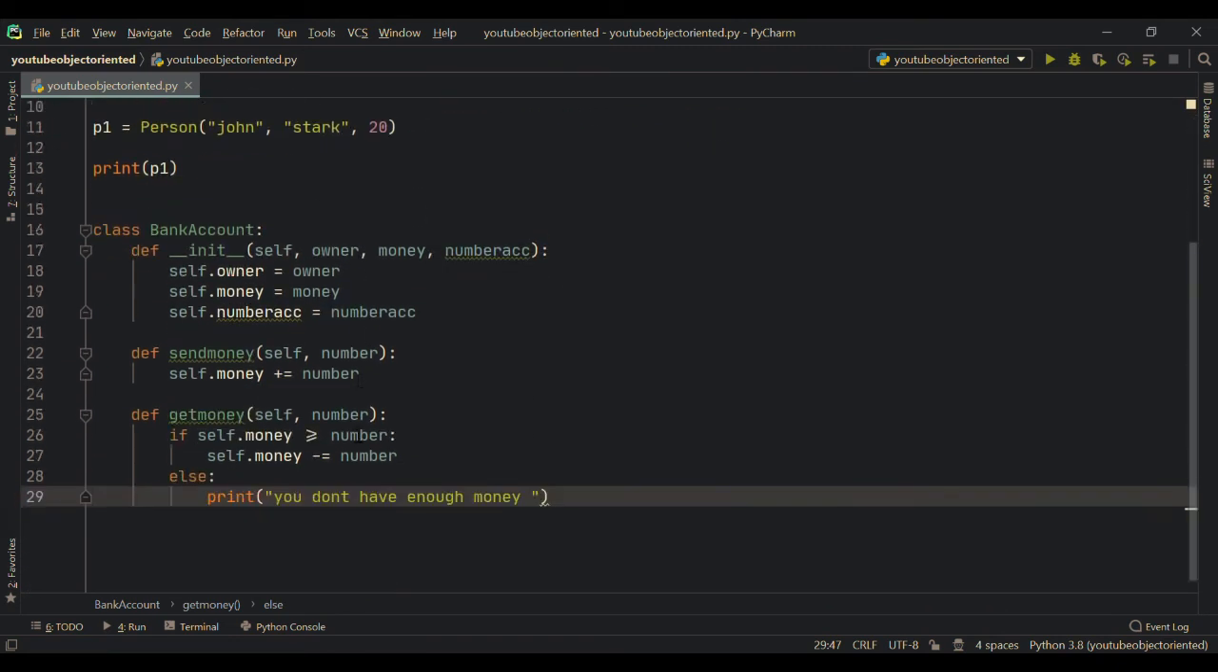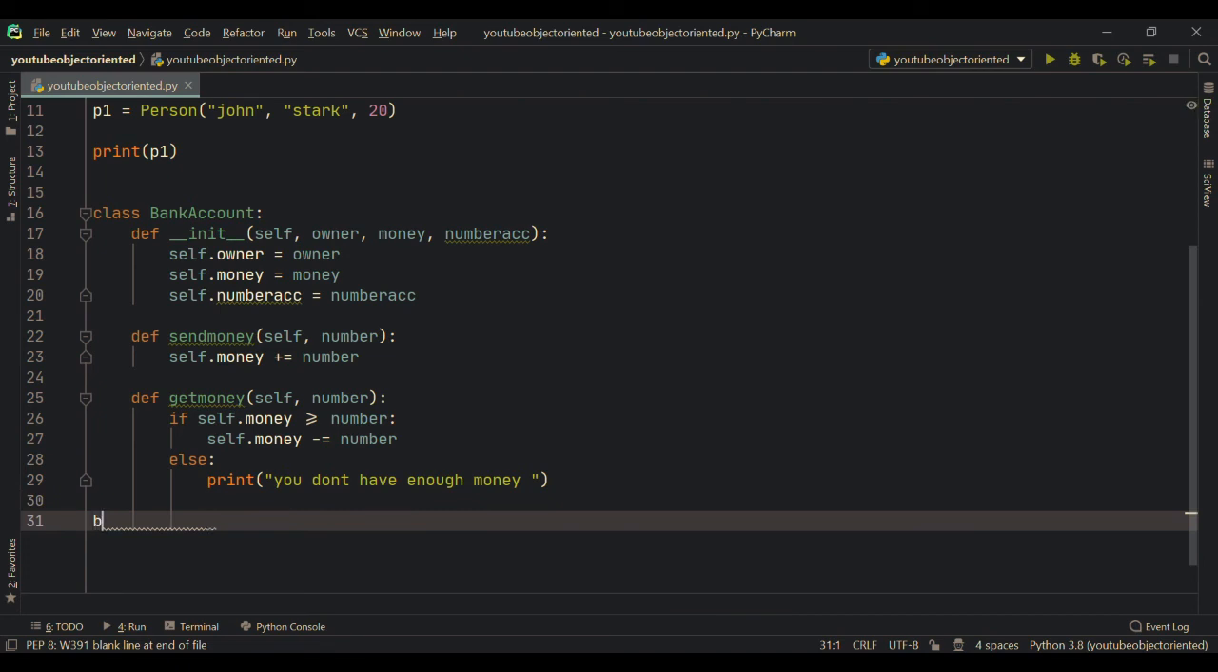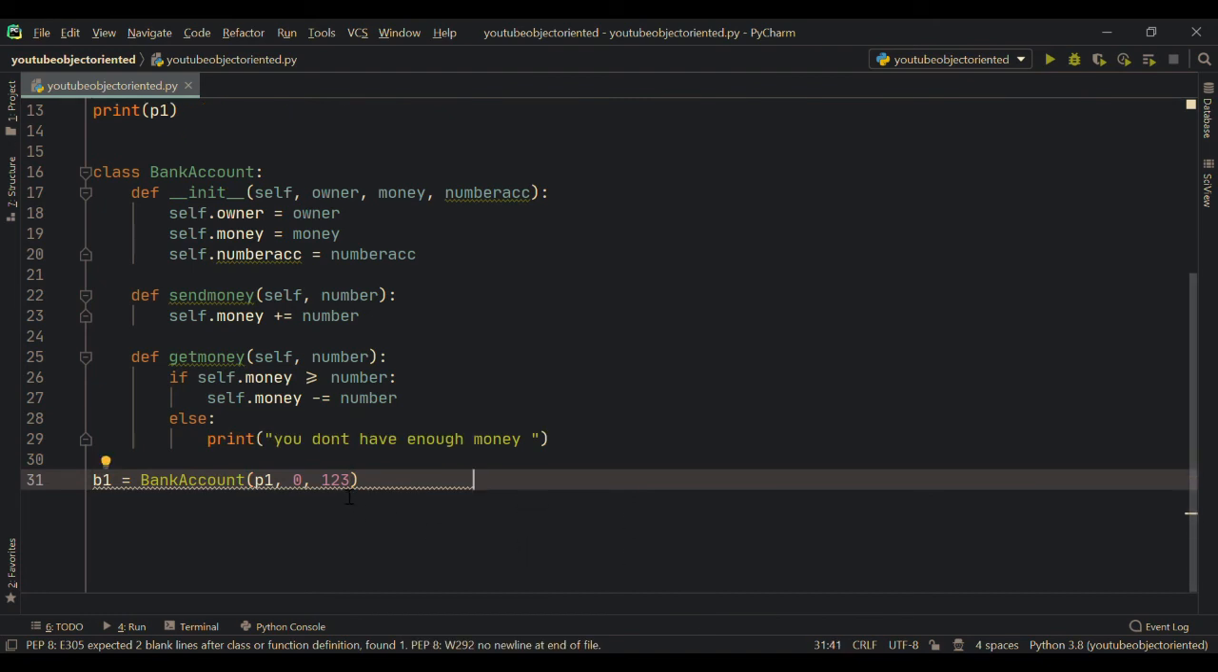Now this is our account. Let's build an object. b1 equals bank account. The owner is p1 and the money is 0 and the account number is 123. So another thing that we need